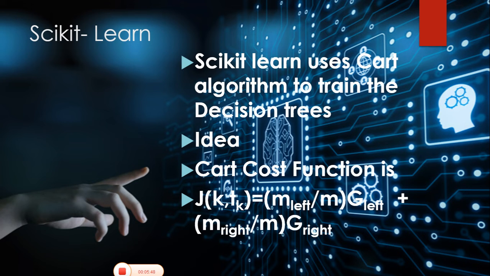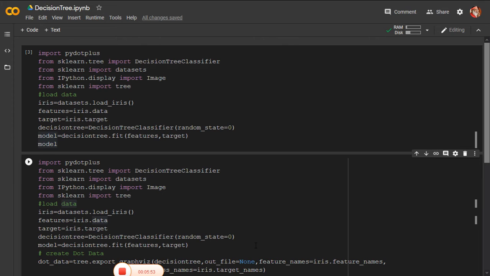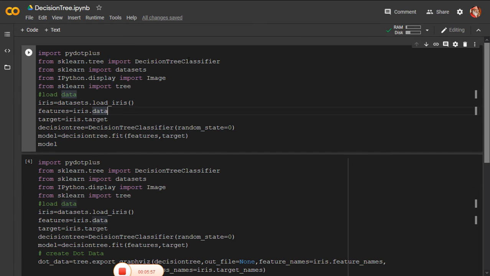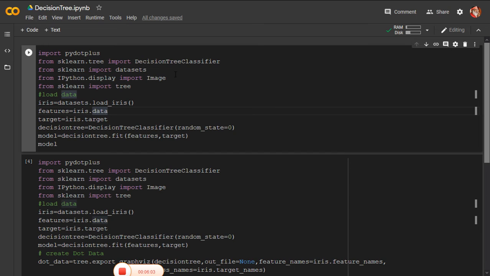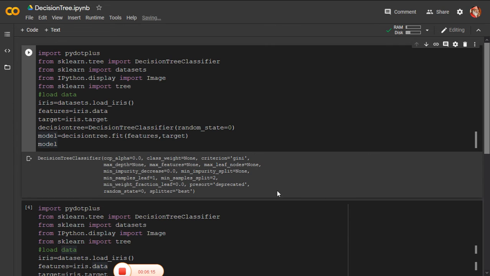We can quickly go to real-time programming for constructing a decision tree. I am opening Google Colab and I am taking the decision tree classifier. In order to construct a decision tree, I have to take the decision tree classifier, and I am taking the dataset as the iris dataset, which is related to a plant dataset. So initially I am checking what the features of the iris dataset are. I am running the program. Yeah, here I got the result. So these are the features of the iris dataset.